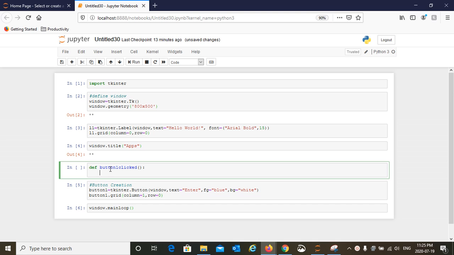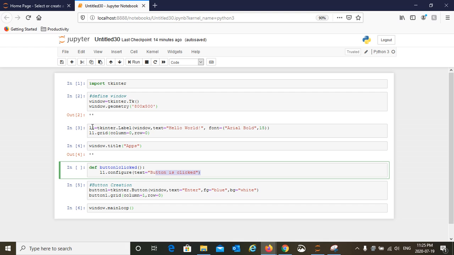We will just say L1.configure and text we will say button is clicked. Okay, so L1 is a canvas here, and in this function we just wrote that on that canvas the text will change to button is clicked.